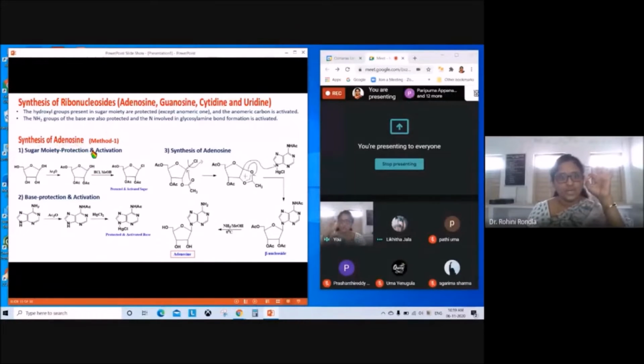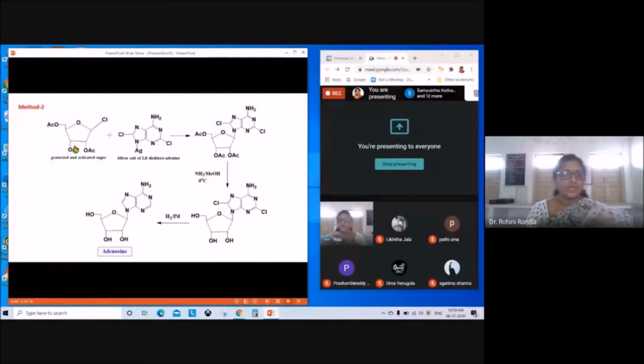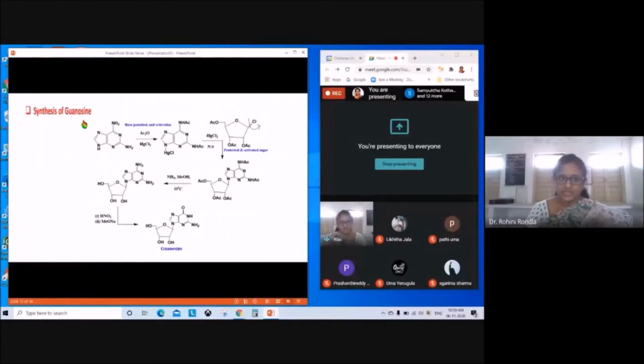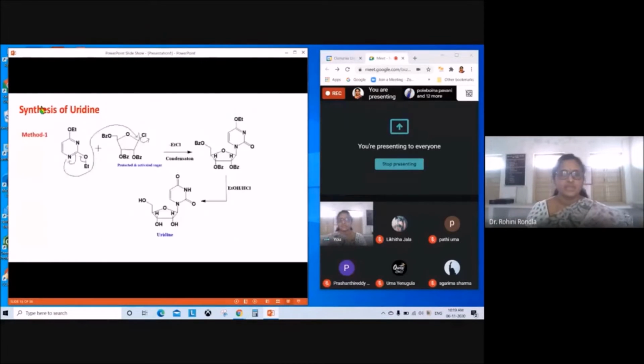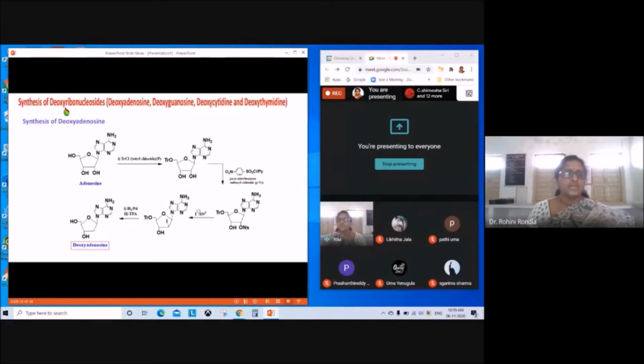If it is not deoxy, that is an RNA nucleoside. See, synthesis of adenosine means it is an RNA nucleoside. Synthesis of guanosine, it is not deoxy, so that is also RNA. Synthesis of guanosine and synthesis of cytidine, and synthesis of uridine, no doubt you can understand uracil is present in RNA, that is why definitely it belongs to RNA. Okay, ribonucleoside. And now let us see synthesis of